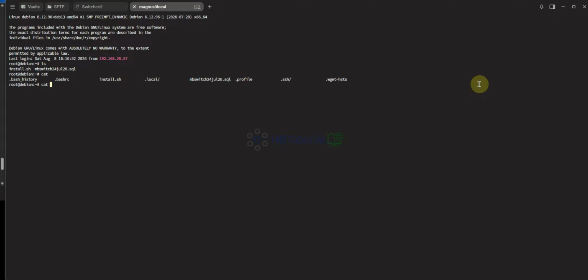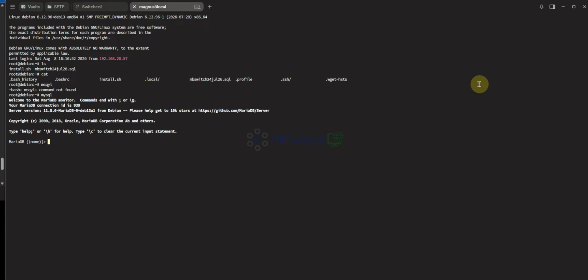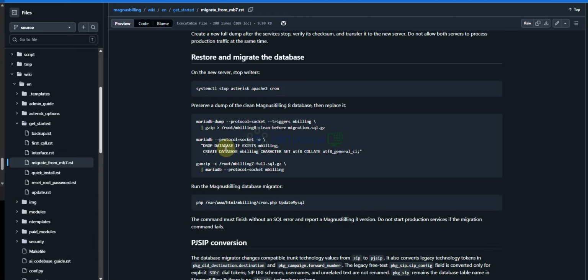I think we don't have a password because they're using the root password. Show databases. As you can see, you see the Magnus Billing database over there. Based on the dump, you can copy this command.